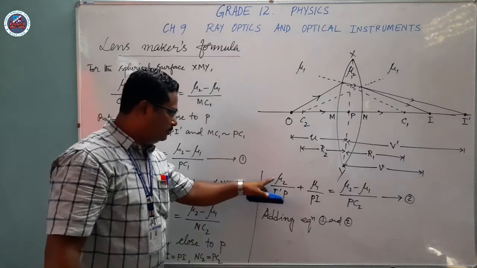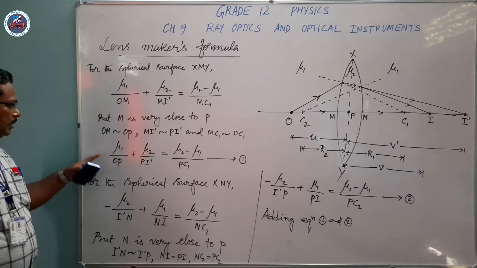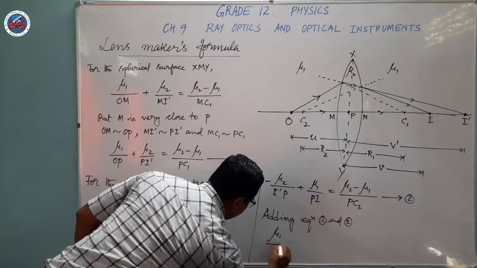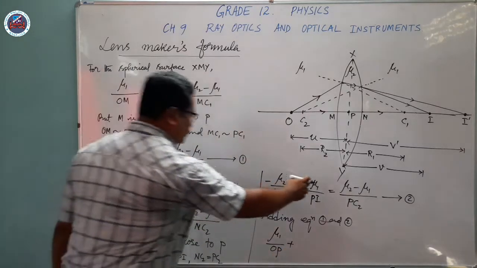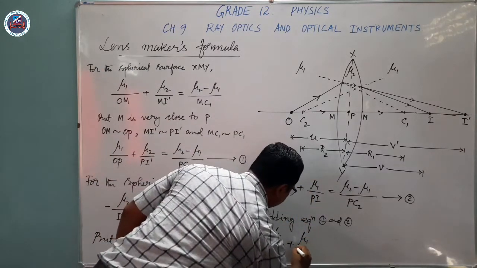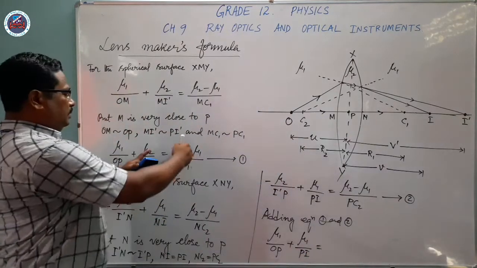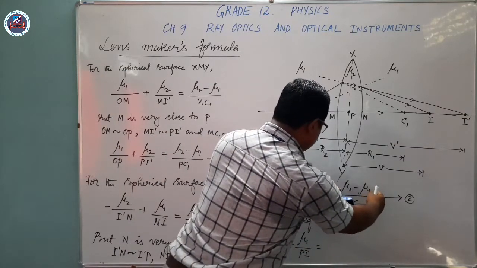Here one is minus mu2 by pi dash and one is plus, will get cancelled. So mu1 by OP plus this one mu1 by pi is equal to right hand side mu2 minus mu1,